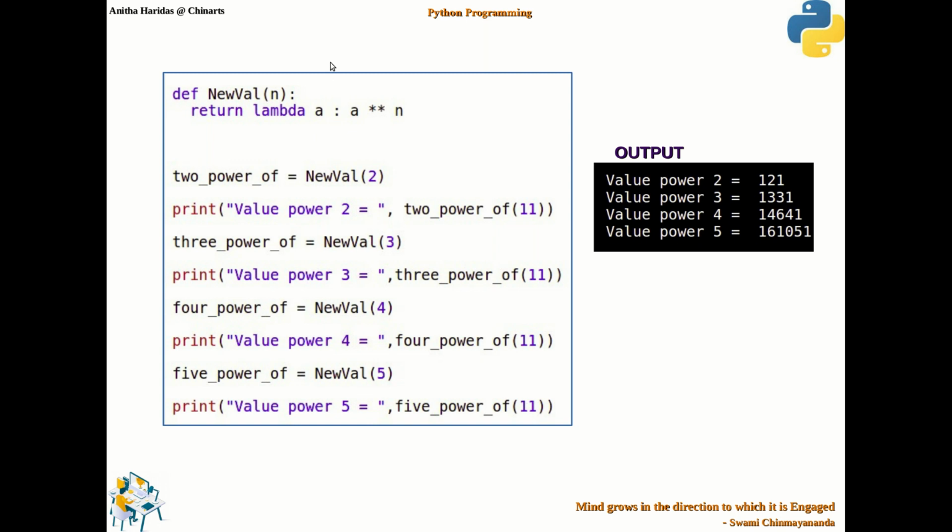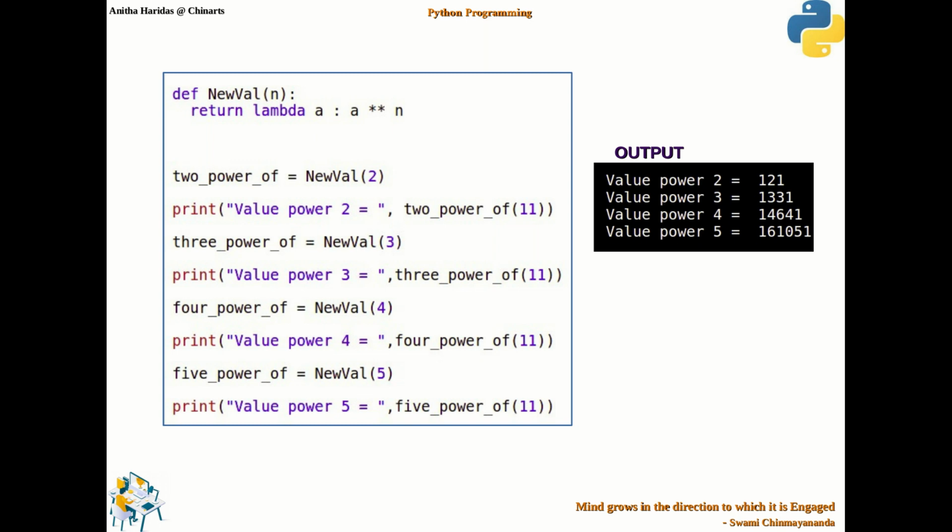The better example is this one. You can observe the same function is now used for finding power of 2, 3, 4 and 5. You can observe the program. Same function. Suppose if you are writing a normal function, we have to use a different function. One function for finding the power 2, one function for finding power 3, one function for finding power 4. Like that I have to write 4 different functions for finding the value.